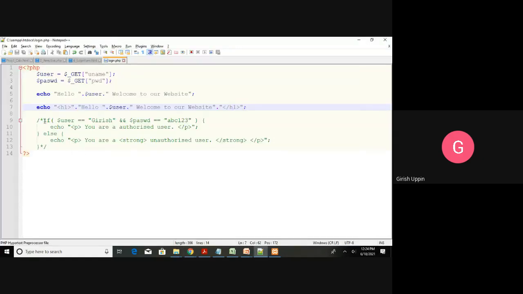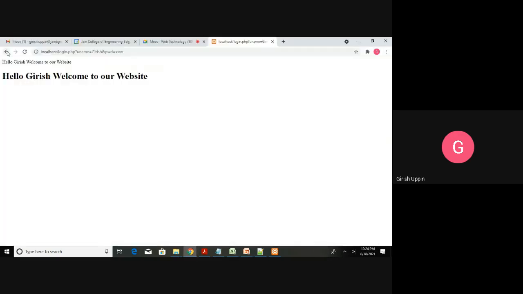A little further extension to that. Now you have seen every web application, banking application or any other application where you have the user ID and password. The minute you enter user ID and password, they will tell you whether you are a valid user or not. If you are not a valid user, you will be asked to register first, then log in. So how can that kind of authentication be done? This is a very simple demonstration of that. In practice, in a real application, this is not how it is done. Just for your understanding purpose, I am showing. If I want to authenticate, so let us say okay, next.